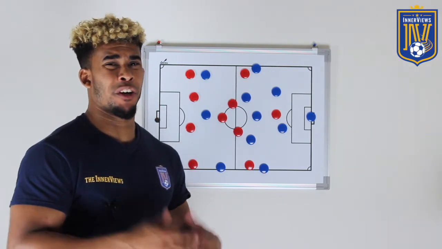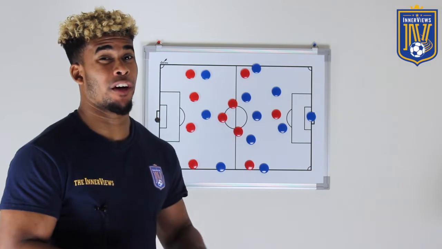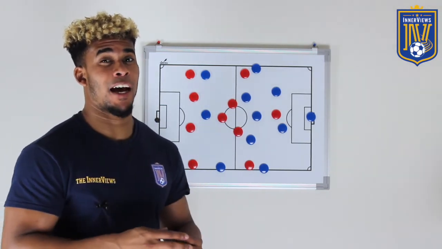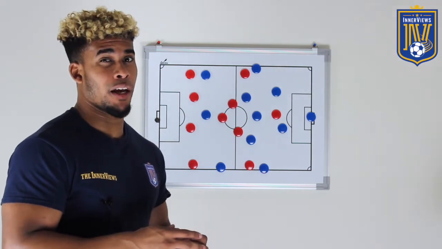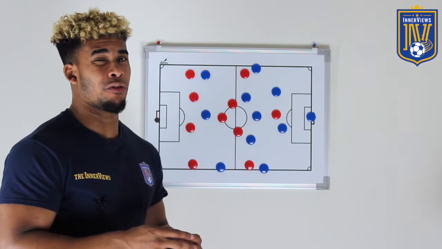In today's video, we're going to do something different. Rather than breaking down the entire European Super Cup, we're going to focus on Chelsea, see how Frank Lampard improved his tactics in comparison to their opening day 4-0 loss to Manchester United, pushing Liverpool to penalty shootouts in the